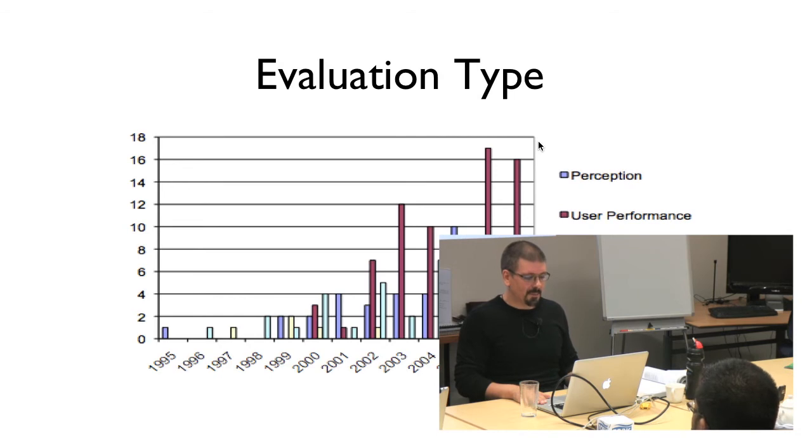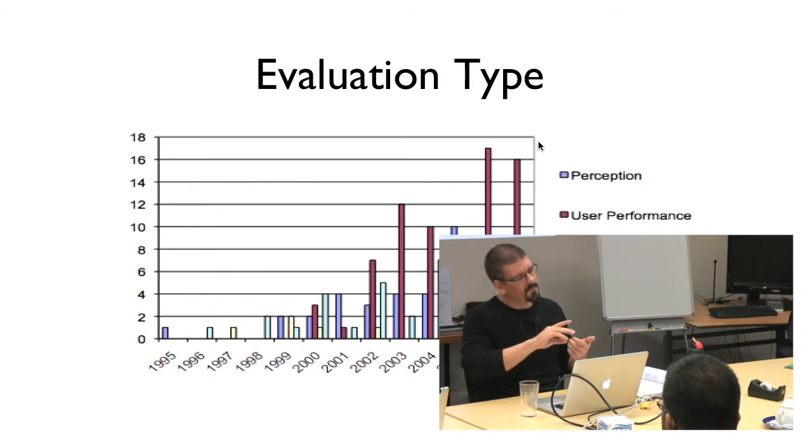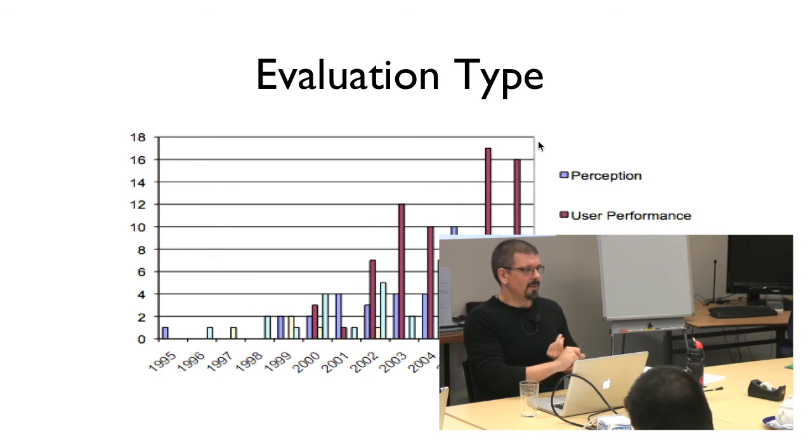Okay. So what did we find in our survey? Well, not surprisingly, the user performance studies are the most common ones. We sort of expected that, because most evaluation papers you find out there measure reaction times, error rates, or some sort of performance measure. On the one hand, it's one of the easiest to measure and to analyze, and most of the time it makes sense to measure that.